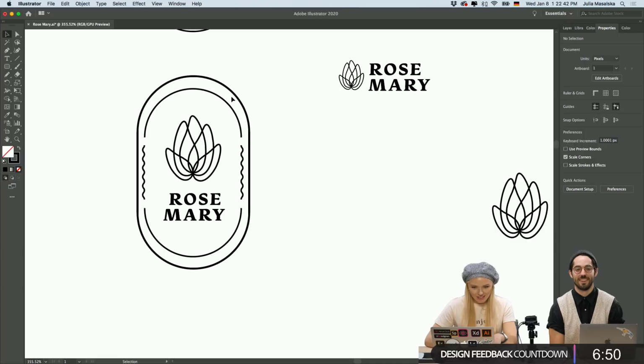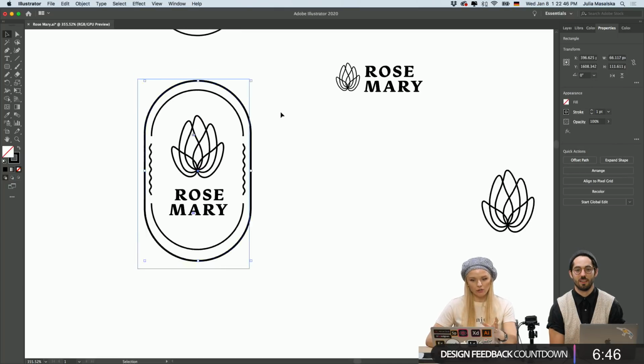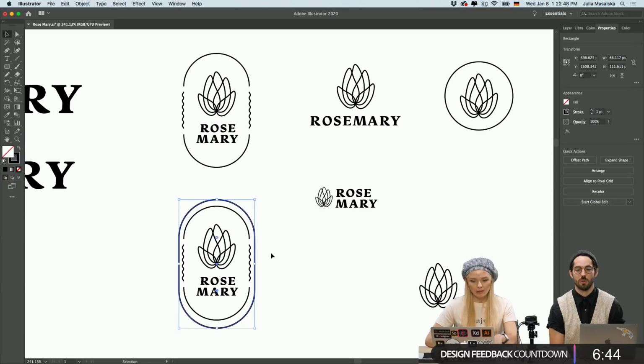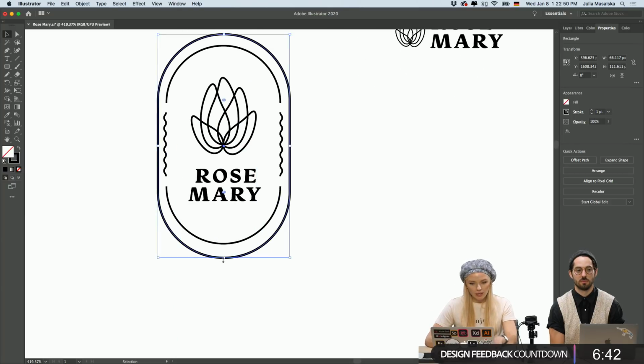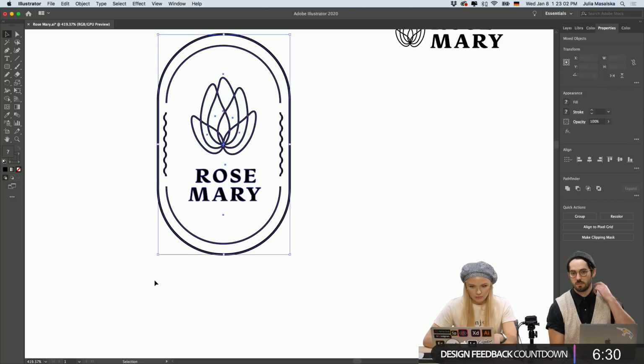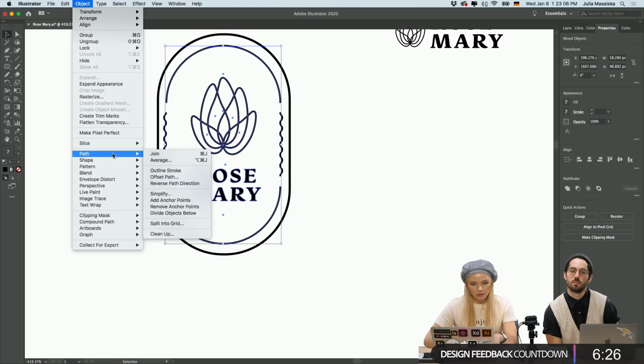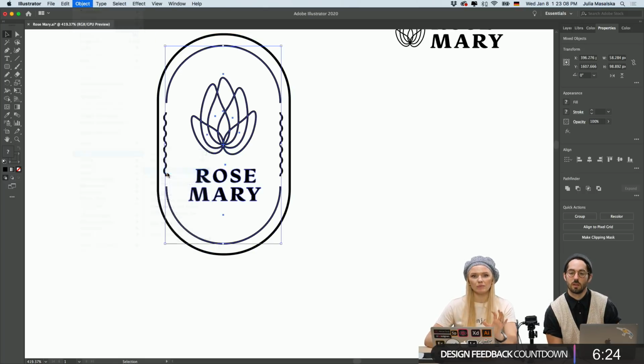So my aim right now is to make a dark version of the stamp logo. So basically I'm gonna put a dark background and bring all the inside shapes in white. So what I'm gonna do is I'm gonna outline stroke all the shapes inside.